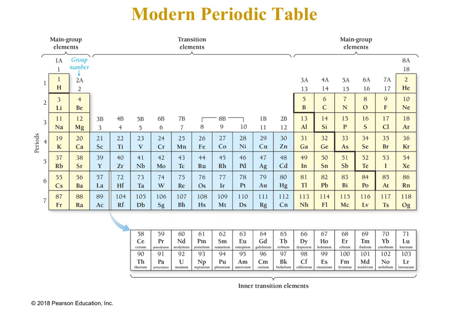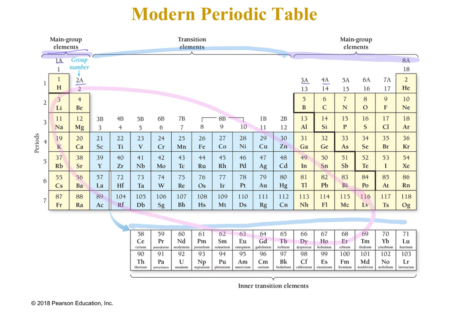So here we can see these labels with 1A, 2A, 3A, 4A, and so on. These are our main group elements. Main groups are here and here. And then our transition elements are here, the blue ones, and then also down here. We also have, I'll do it in pink, metals on the left of this little stair step, the zigzag here. So metals are over here, and then we have nonmetals mostly here, and then our metalloids are kind of